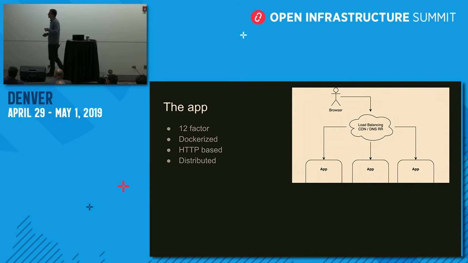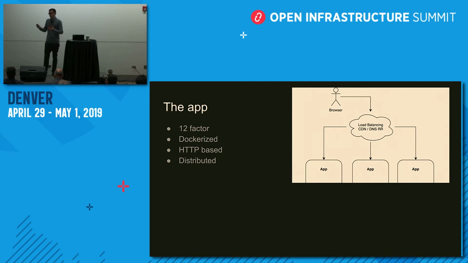All right, so now our request is load balanced. And here I have an example of 3 clouds. So we're going to hit the application. And here I'm assuming that the application is somewhat of a 12-factor application. There is this manifesto about the 12-factor app. So that's like stateless apps and all that stuff. Your application has to be Dockerized, right? We want to run this in Kubernetes, so we're going to need to containerize our application. Your application has to be HTTP based. Otherwise, we'll have difficulties to load balance it, and it doesn't fit really well in Kubernetes if it's a non-HTTP application.